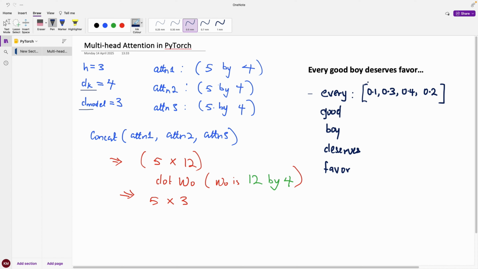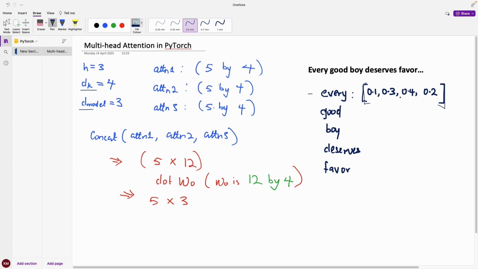This is how much you want to use to represent the embedding of each of the tokens, and that is why dk is 4. So for each attention head we have 5 by 4: 1, 2, 3, 4, 5 tokens,